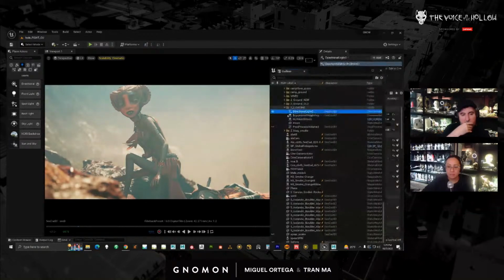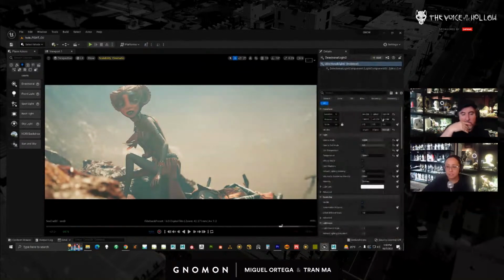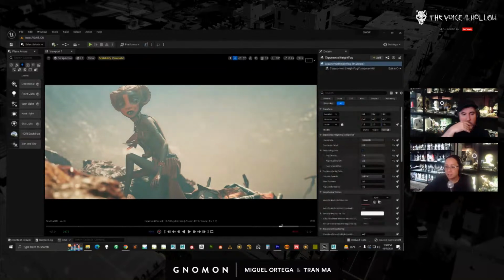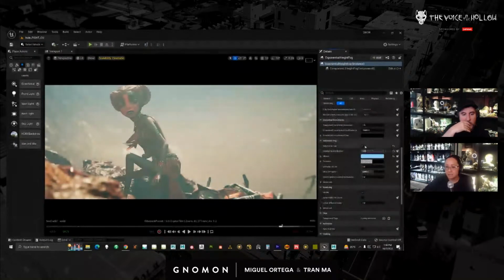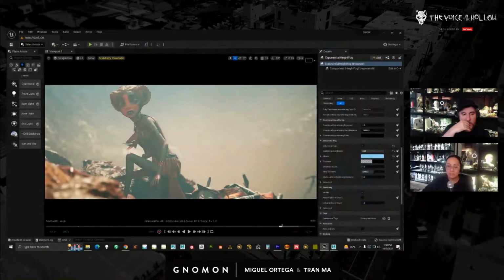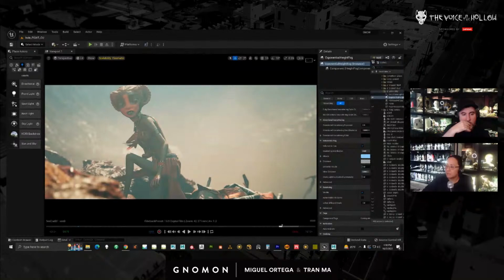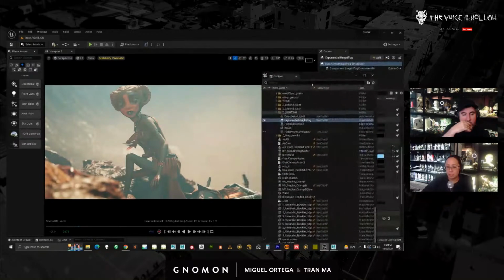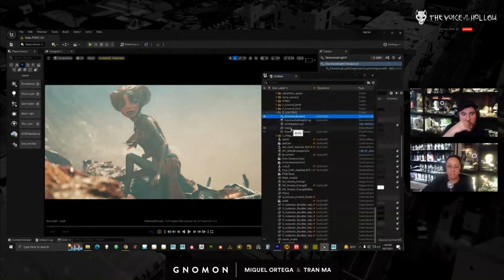So here, my directional light, in terms of color palette, is warmer. I have a temperature at 3,600, which is really warm, right? And then my fog here has volumetric fog on, and it also has a blue color, right? So that's kind of balancing, giving me my palette. So that's how I'm getting my colors. So I have a blue fog and I have a warm light.